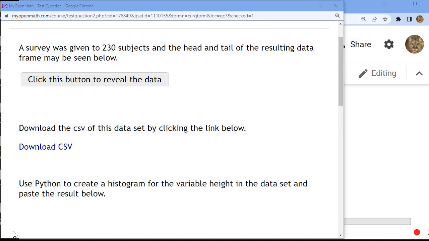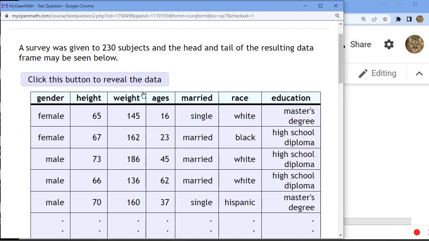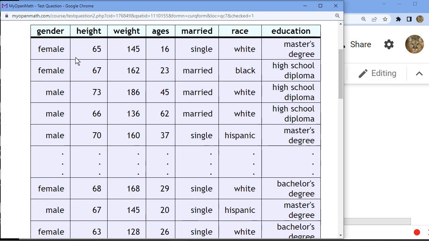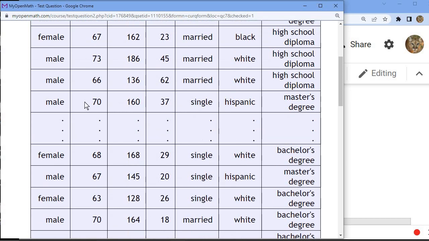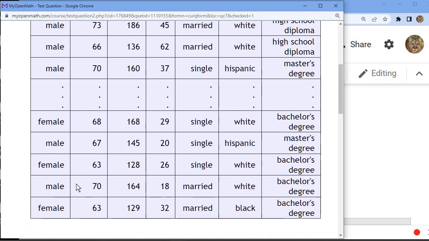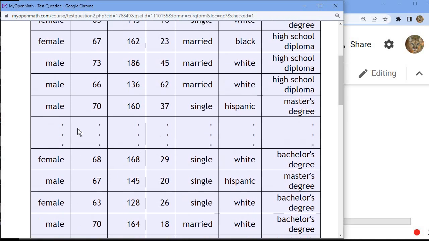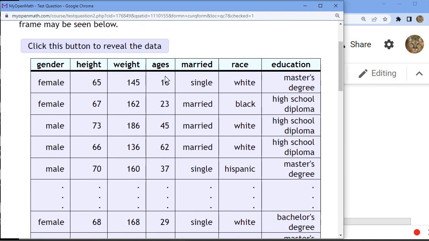All right, so now we'll look at creating a histogram using Python. A survey was given to 230 subjects, and the head and tail of the resulting data frame may be seen below. Here's a button I can click and it shows me the head, or the first 5 observations, and the tail, or the last 5 observations, from a data frame that has 7 variables: